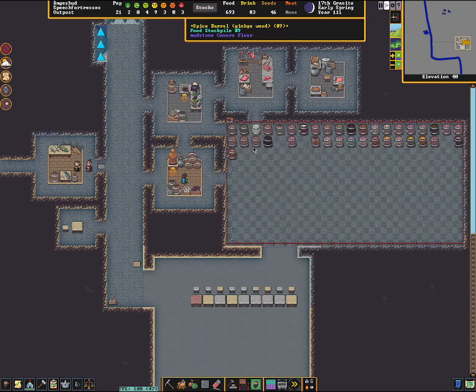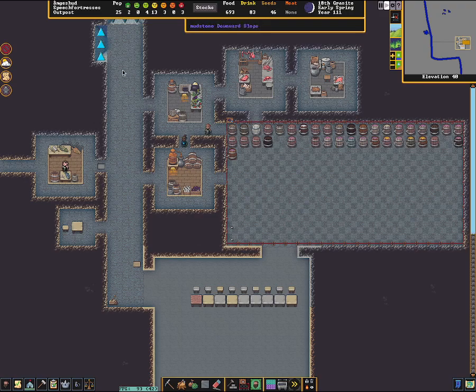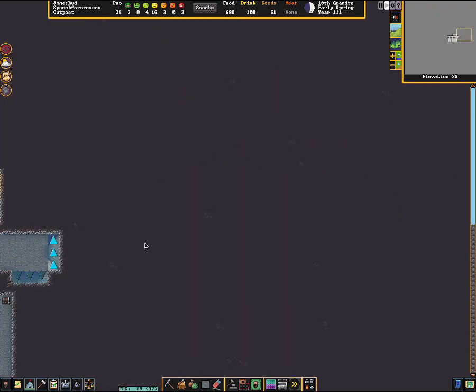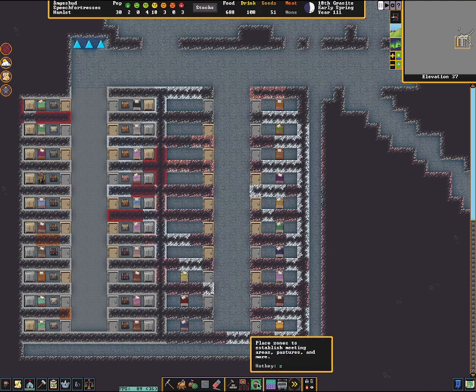Nope, I don't get enough. Alright. The third one's gonna sec. Well, some migrants have arrived. Up to 24, 25, 26. Alright, so we actually need to work on more beds here. I've only got 20, I think. But we got the space. We just need to... I don't think I turned them into...